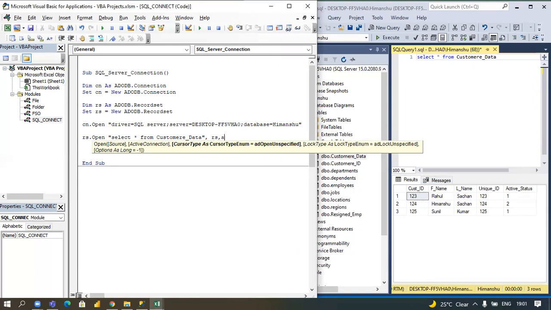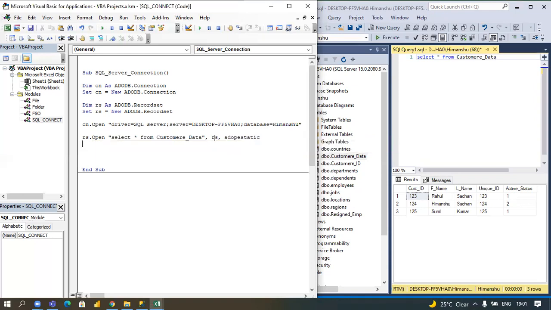So I will write adOpenStatic and click enter. I think there is some error, oh sorry, the spelling is wrong, adOpenStatic. Just clicking, here you go.